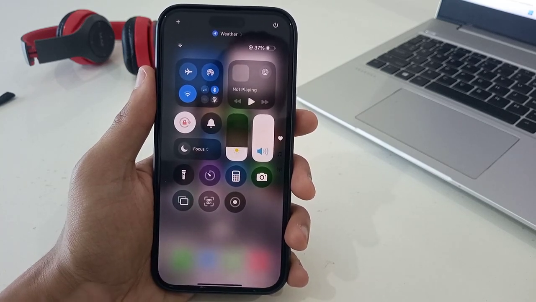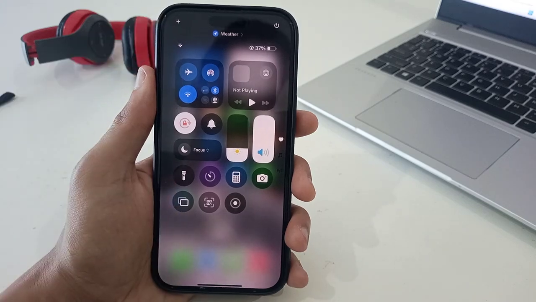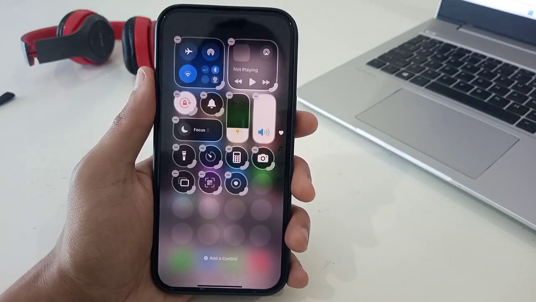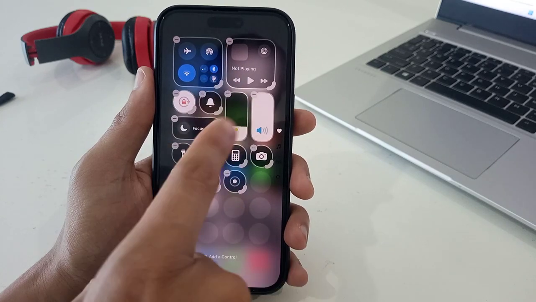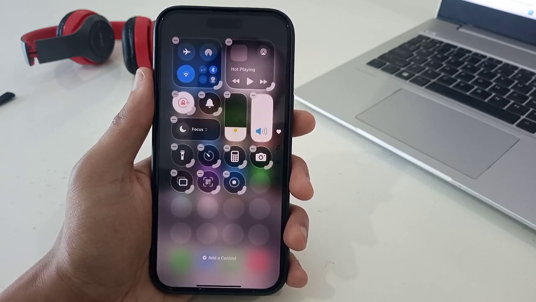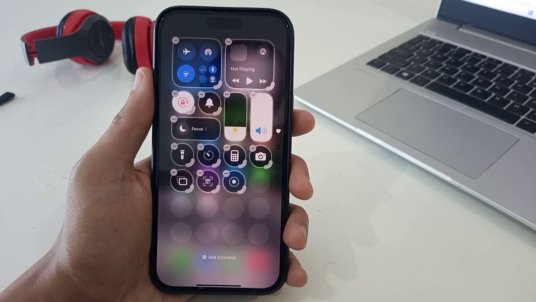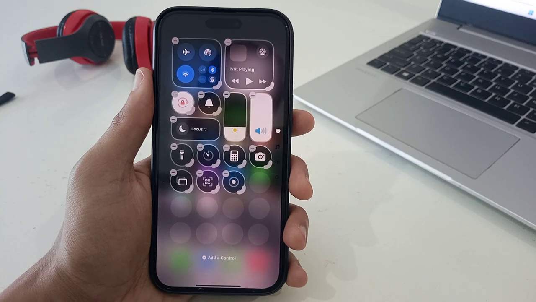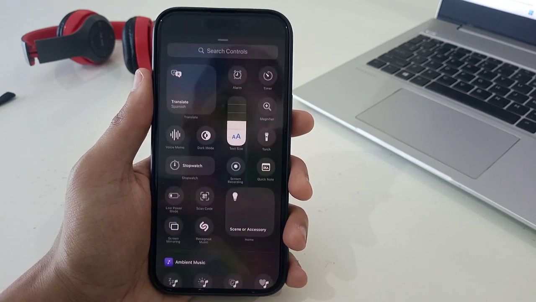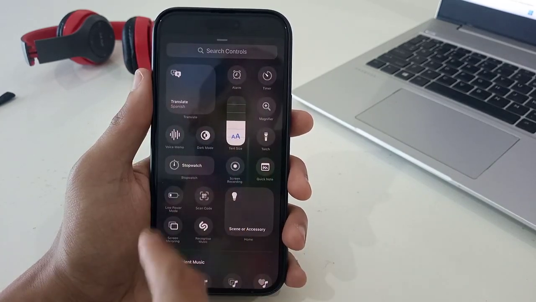If you see on the top left corner, there is a plus sign button. You need to tap on this button and a screen will come up like this, where you can delete, add or adjust different options accordingly by just tapping on them, and you can move them around. If you see below, there is an Add a Control option. You just need to tap on Add a Control, and these are the options which you can add into your